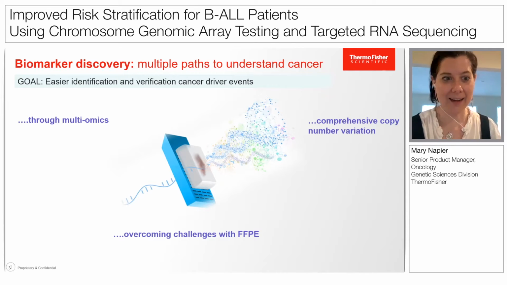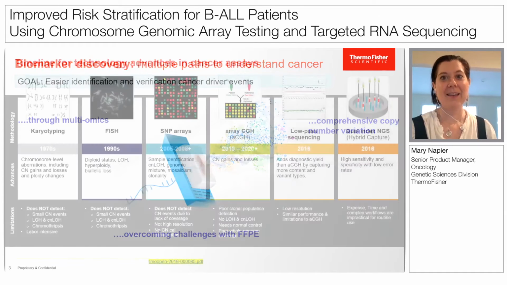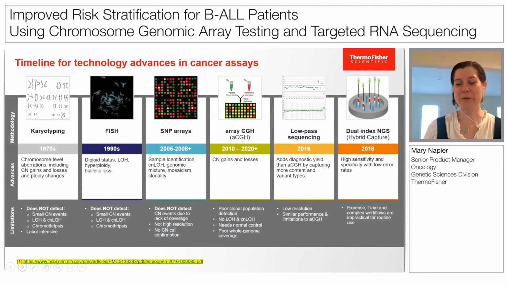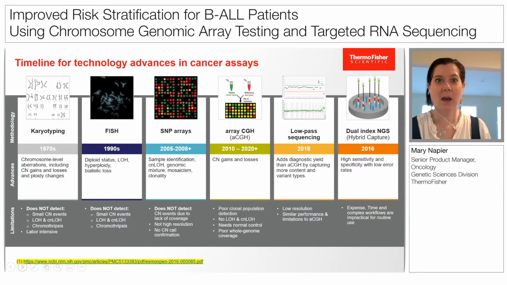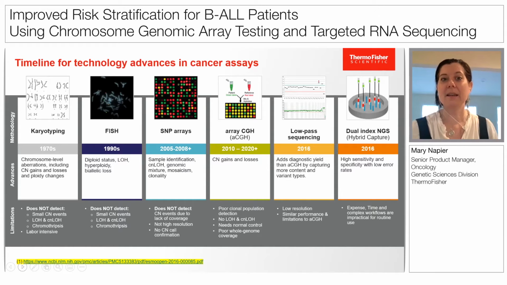So in this next slide, this is just a timeline of all the various technologies and how they've advanced in cancer assays. Way back in the 70s, we had karyotyping, so we could look at the chromosomal level, looking at aberrations, and this included, of course, copy number gains and losses and ploidy changes. As we went to the 90s, we took it a little further with FISH, and this was a faster, less